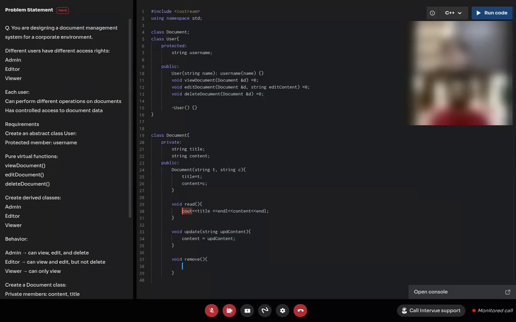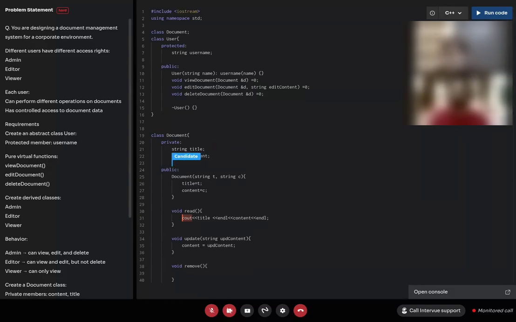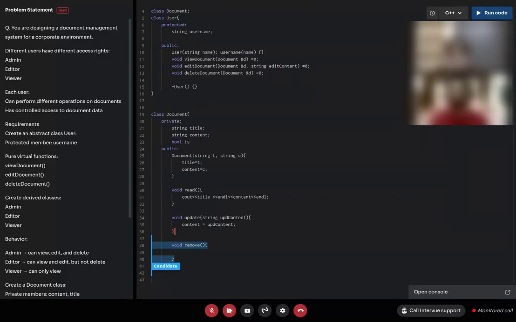We can consider that we have these two functions only, read and update. For delete document, I have to make a delete function, but I'm not sure how to do that. You can simply erase the content here, set the content as null. Okay, makes sense then.